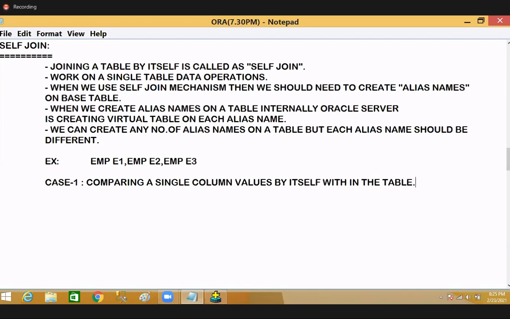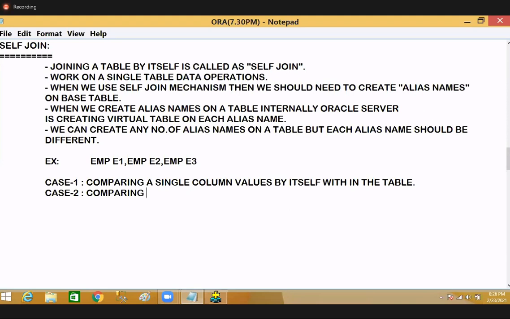So where and in which kind of situation can I use a self join? When we compare a single column's values by itself within the same table, there we need to implement a self join mechanism. This is one case. The second case, case number 2: